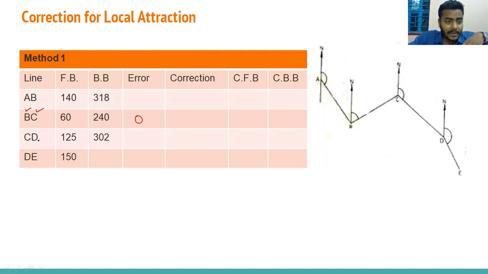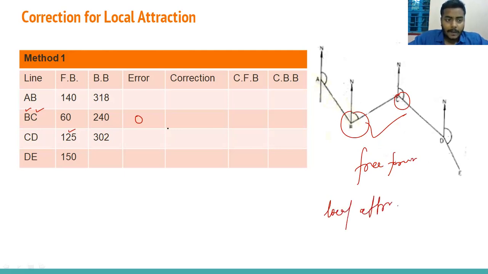So what are the measurements taken from C in CD? In the case of CD, we are talking about C to D, so the fore bearing would be from station C towards D. So this will be the correct one, right? Now, see, whatever the B station is, it is free from the local attraction. This station and this station are free from the local attraction.